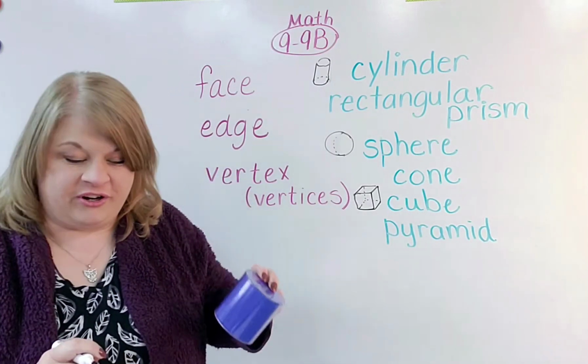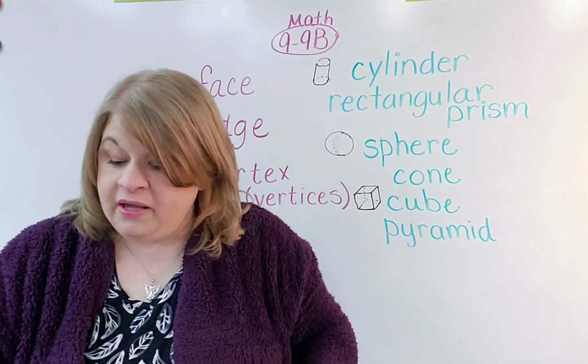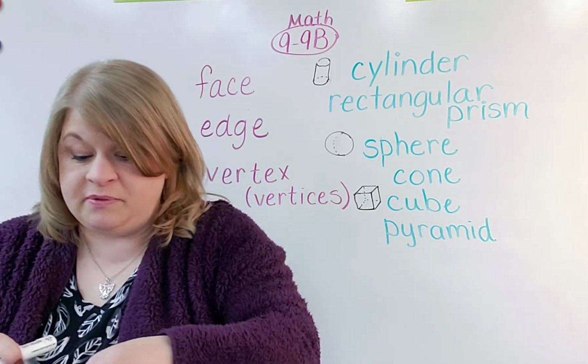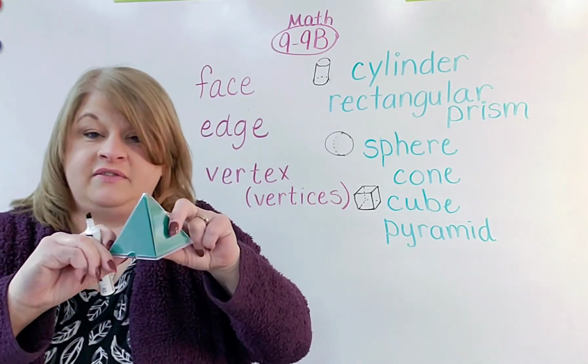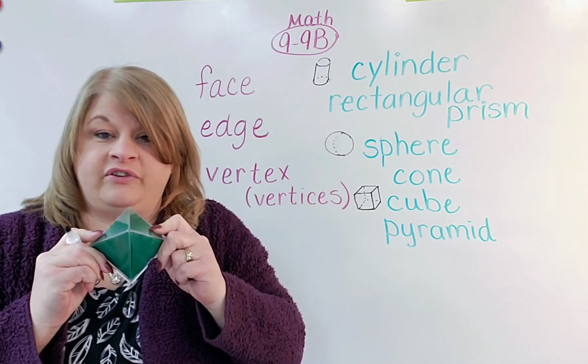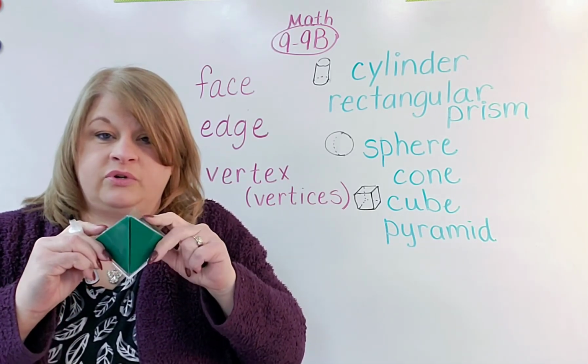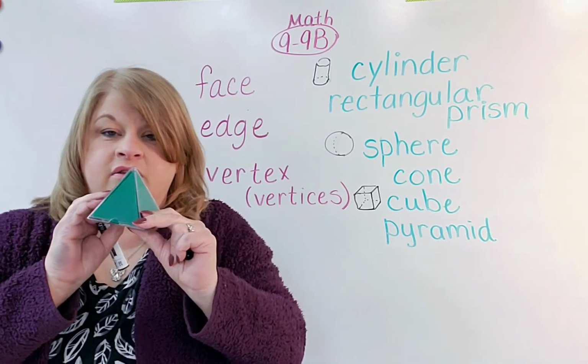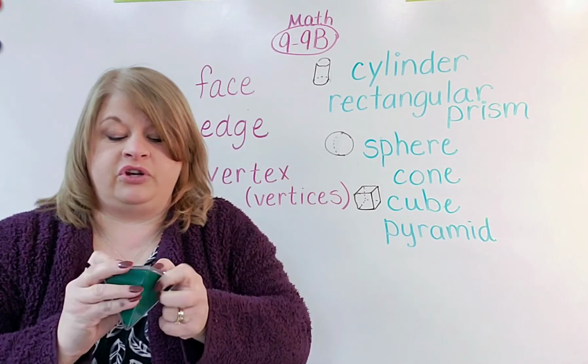Okay, a cylinder. Alrighty. A pyramid. A pyramid, we think of Egypt. Pyramid is this kind of solid shape. If you look at it just like that, you can see the vertex on top. It has 4 sides. What's the shape of each side? Those are triangles. But now if you look at the bottom,